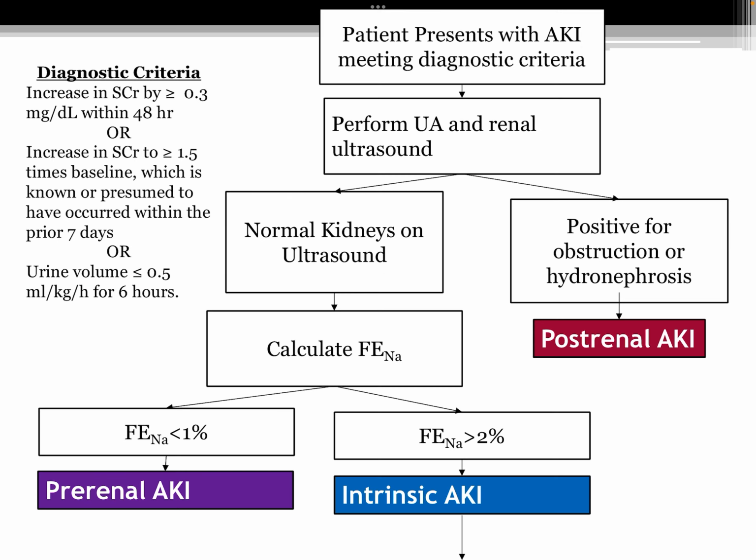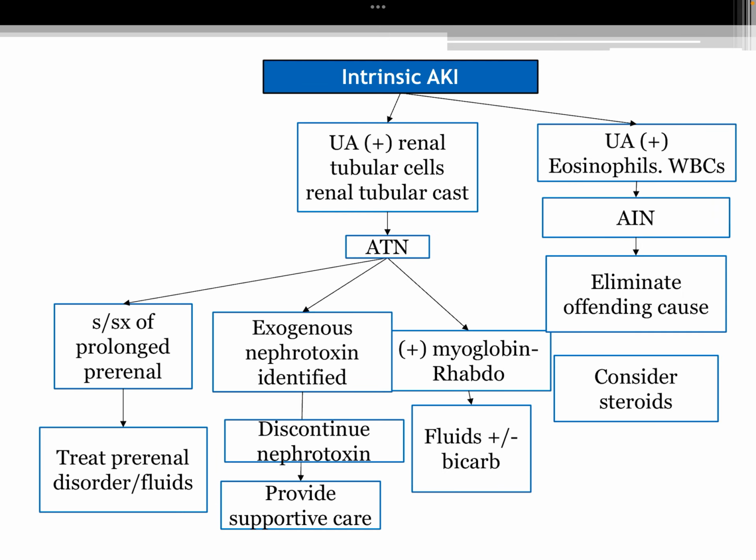So let's do an overview here. We've confirmed that the patient has an AKI. We performed a renal ultrasound. They didn't have an obstruction. So then we'll calculate our FeNa. The FeNa is greater than 2. So that's what makes us think it's an intrinsic AKI. So what we'll do here is, if the patient has a UA that's positive with eosinophils, has a maculopapular rash, or any of the other presentations that we've talked about, we'll assume that's an AIN and eliminate the offending cause